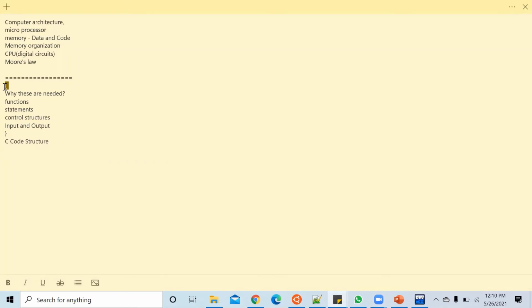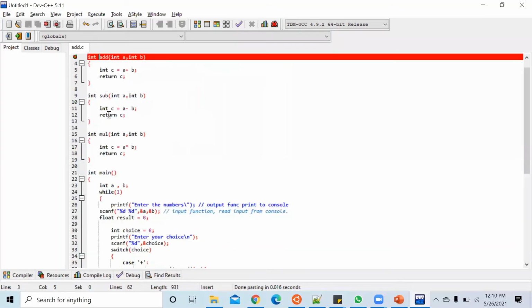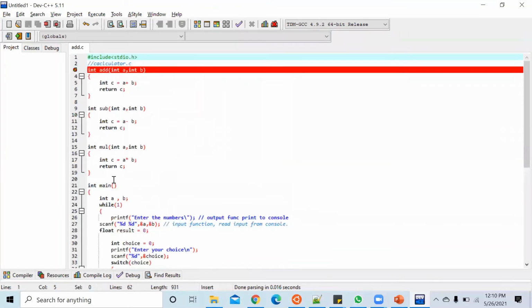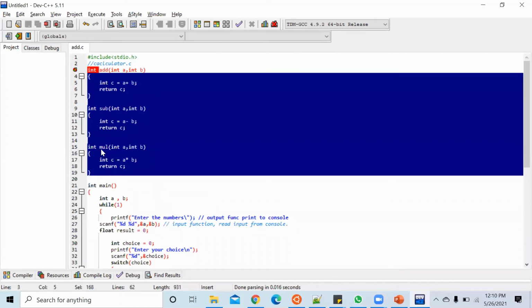So I was just explaining functions, statements, control structures, and input and output in C language. And I explained why functions are required. I gave a calculator code as an example. Here we have written around 3 functions: add, subtract, multiplication, and all.